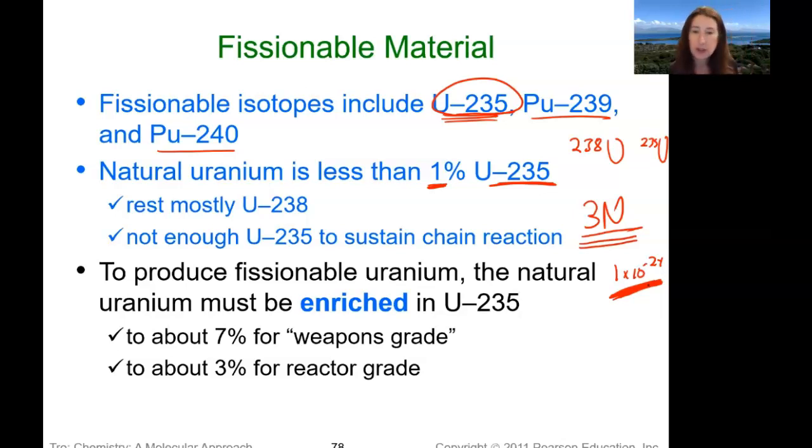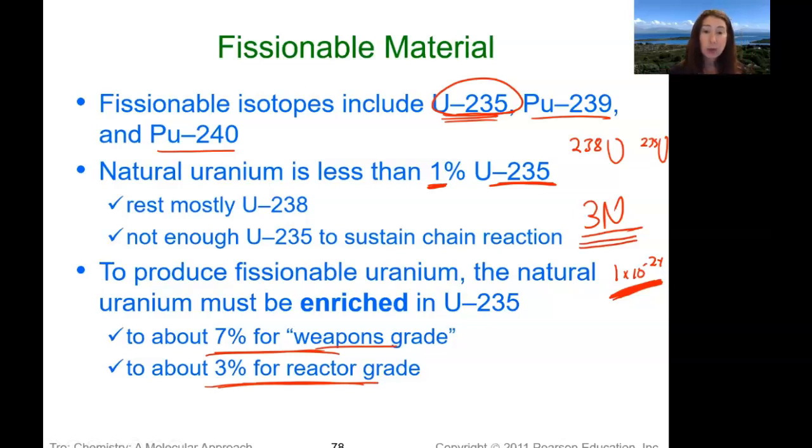And so the whole issue with the Iranian nuclear deal here is they don't want them enriching uranium because they don't want them to go from reactor grade to weapons grade. Iran keeps saying, we're just going to reactor grade, and they won't let anybody in to check and see if they're actually going to weapons grade. So there you are. There's your political science lesson for the day in chemistry. Okay, so